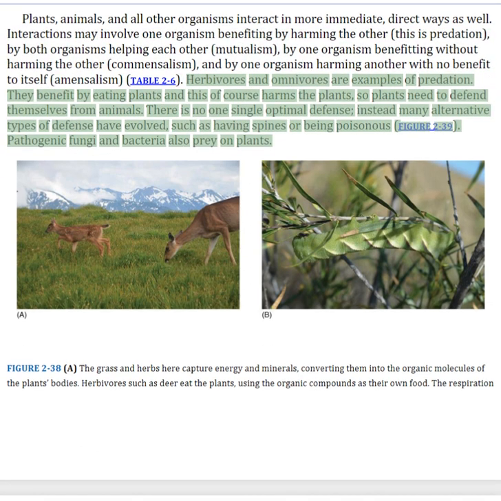Herbivores and omnivores are examples of predation. They benefit by eating plants, and this of course harms the plants, so plants need to defend themselves from animals. There is no one single optimal defense, instead many alternative types of defense have evolved, such as having spines or being poisonous. Pathogenic fungi and bacteria also prey on plants. Figure